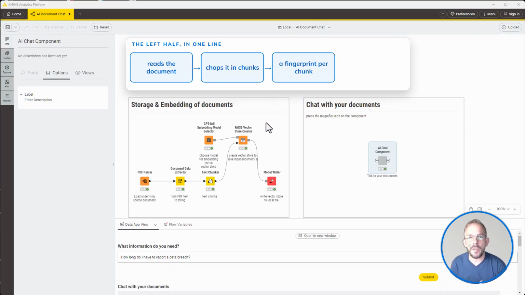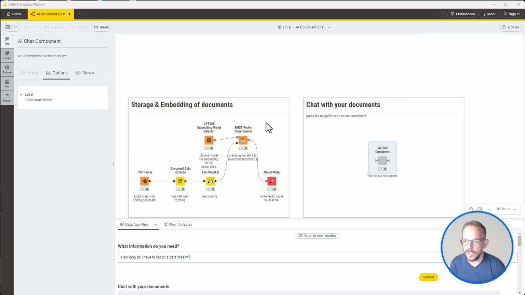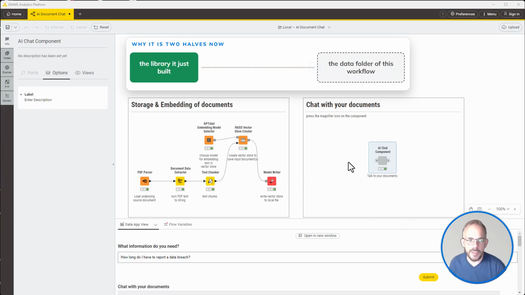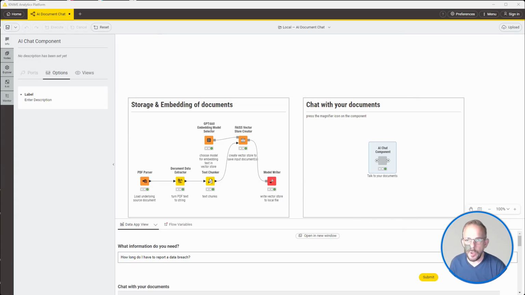And that is the searchable library we already discussed. The right half here is the chat. There used to be one workflow, now they are two halves. And the reason is this node here, the model writer. It takes that library and writes it to a file into the data folder of this very workflow, which means